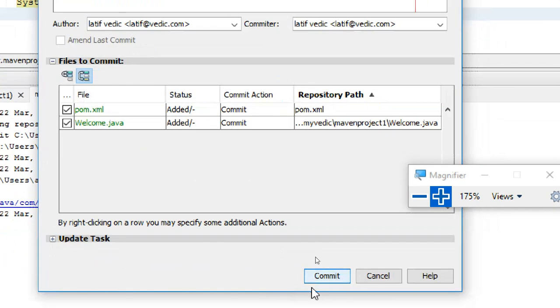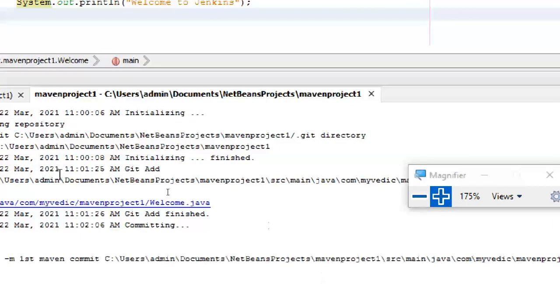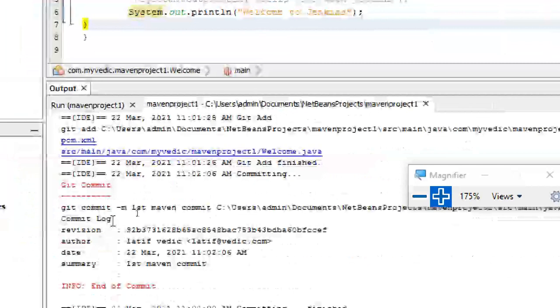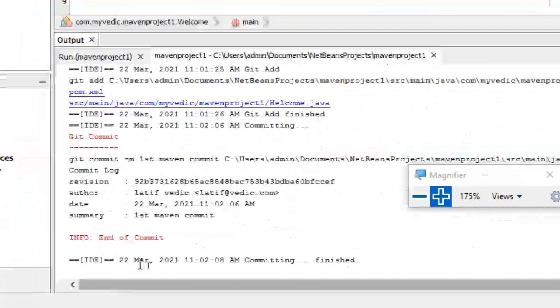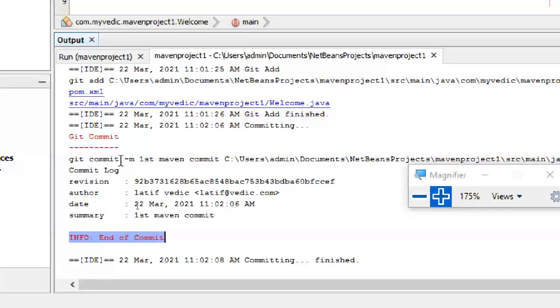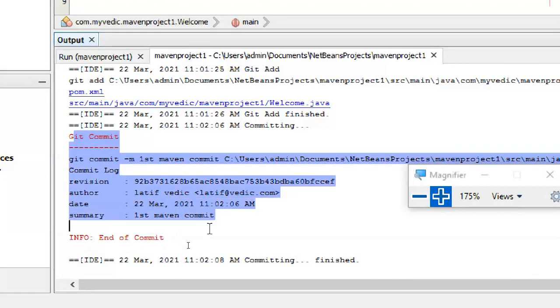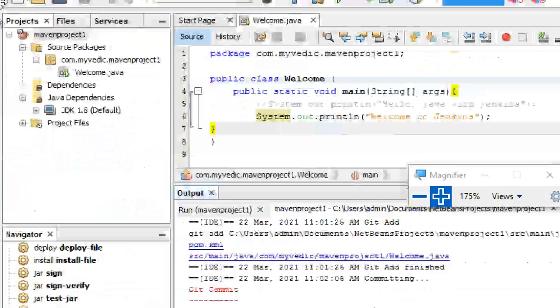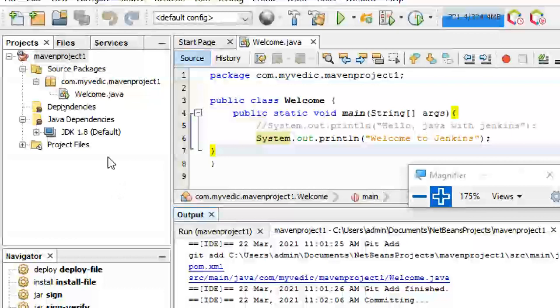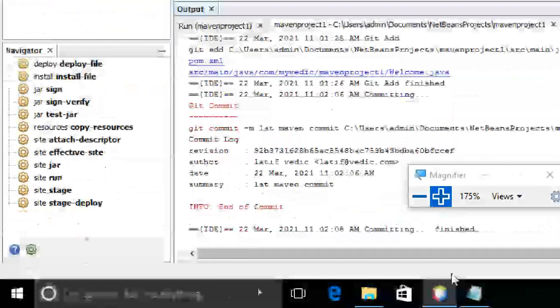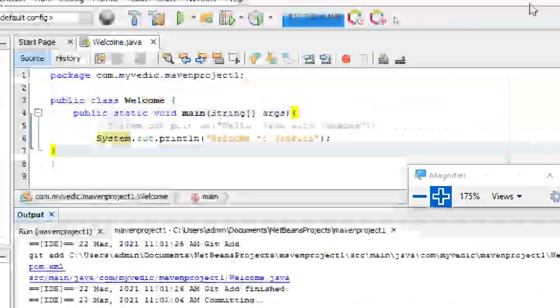No problem. Just click on commit. Now it is committed. I think it is committed. Commit is completed. So what is the next one? You have to add remotely. To add remotely, you have to create a repository in your remote machine, right?